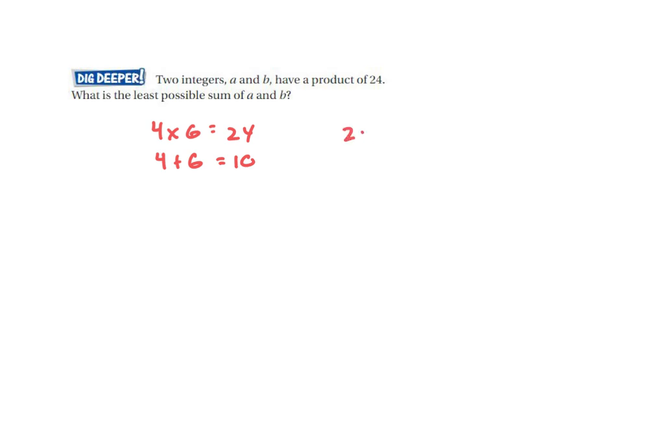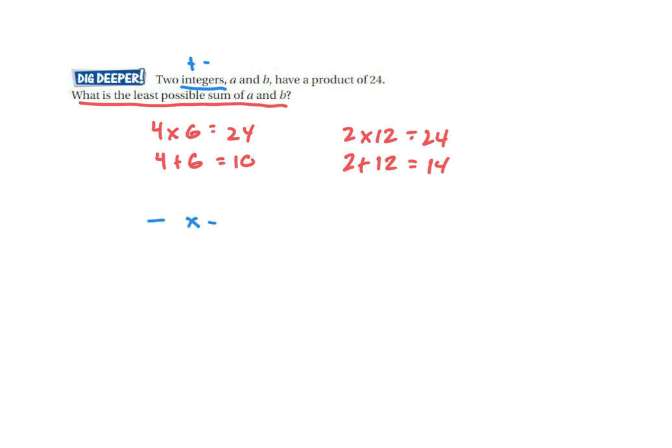We could have 2 times 12, that's 24. And when we add 2 and 12, we get 14. But it says what is the least possible sum, so we're actually going the wrong way. So what I want you to think about is that integers are both the positive and negative whole numbers on a number line. So we want to start thinking about the negatives then,